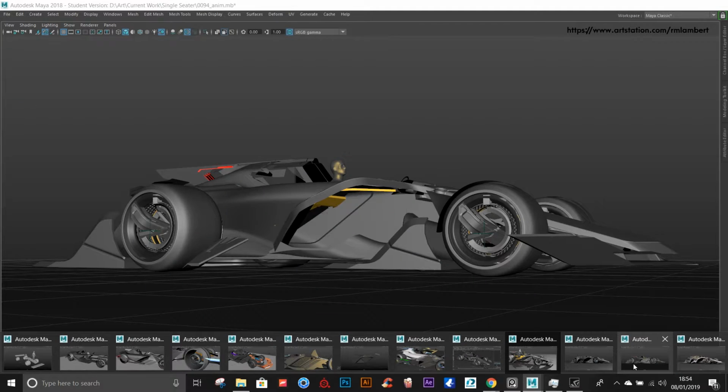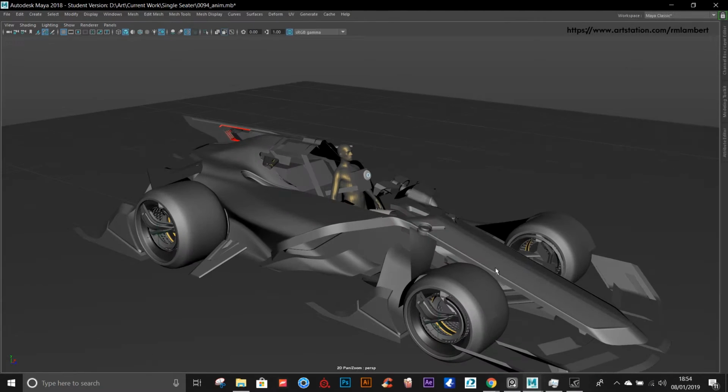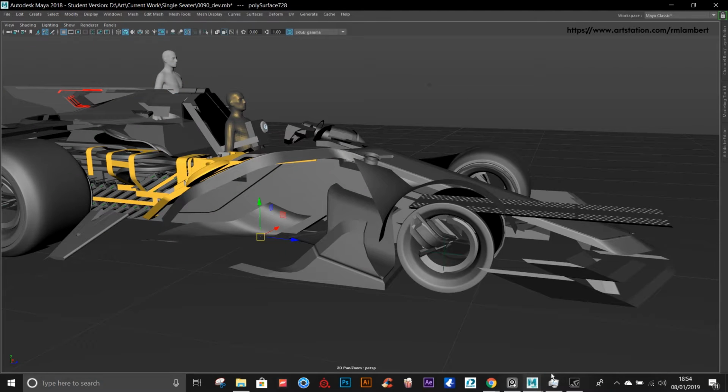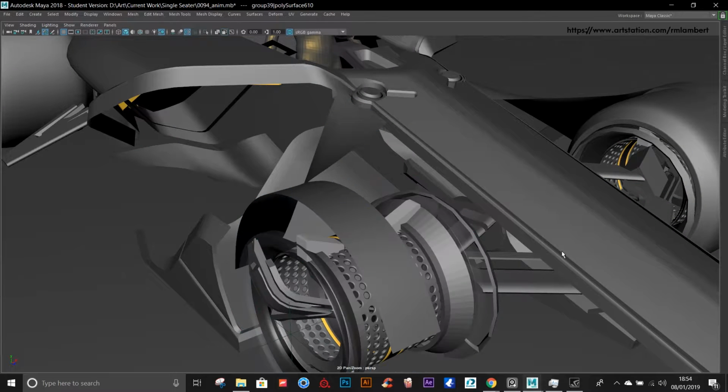Okay, so 94. Oh wait, hang on. Let's go back to 90. Turn off the light. Annoying. Yeah, so 94 is where I did a rough animation to show